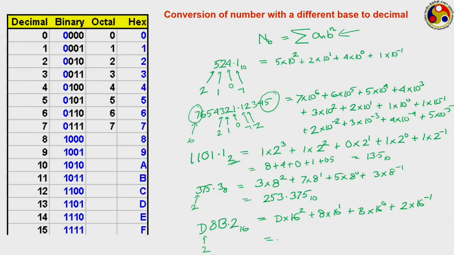So, we can calculate the values, but wait, there is one problem. Here D and B are appearing, which never appeared for binary or octal. So, we have to refer to the chart that is on the left. A refers to 10 in decimal, similarly B refers to 11 and D refers to 13. So, replace this D with 13 and replace the B with its decimal equivalent, which is 11. Now, you do the calculation, you are going to get 3467.125